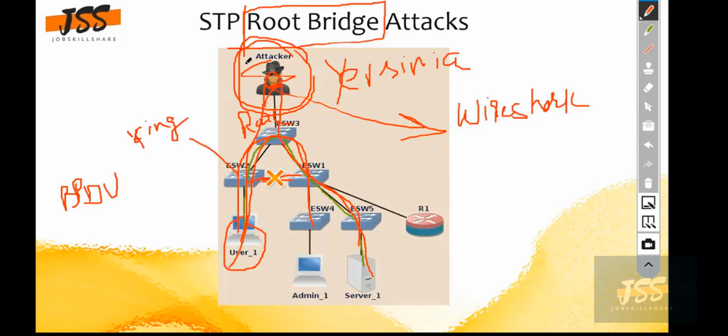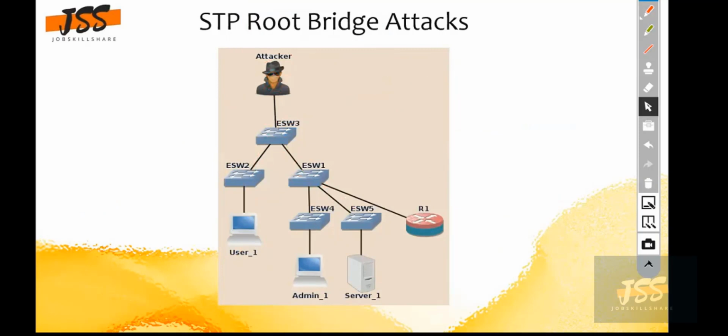So basically this attacker will work like a root bridge switch. All information from server to user or user to server will flow through the attacker, so he can become a man in the middle and sniff all the information, or he can do a denial of service attack as well. So in the next slide,